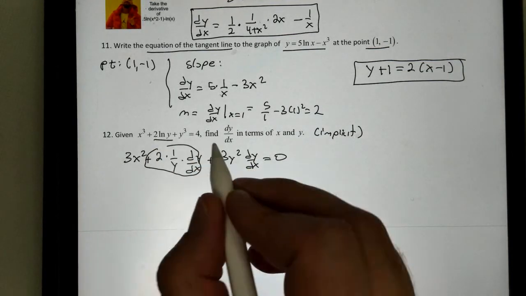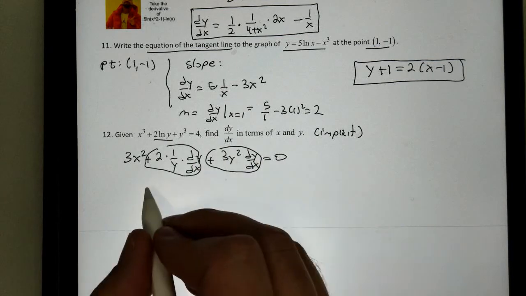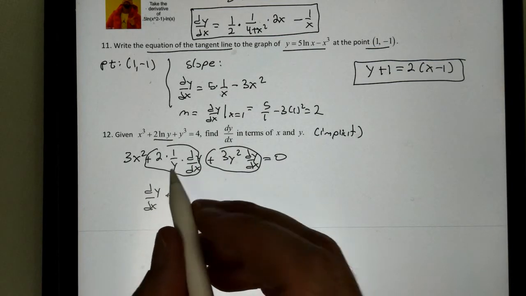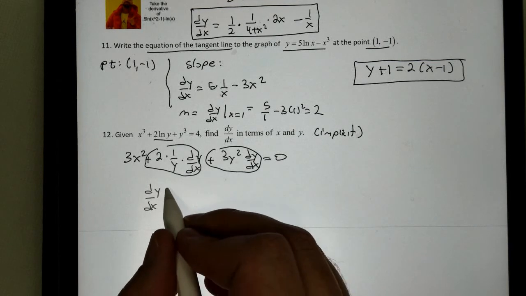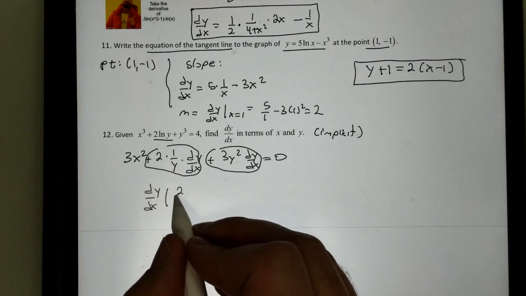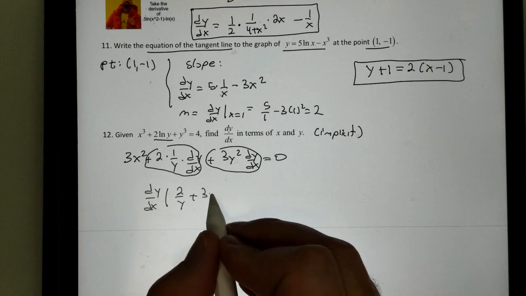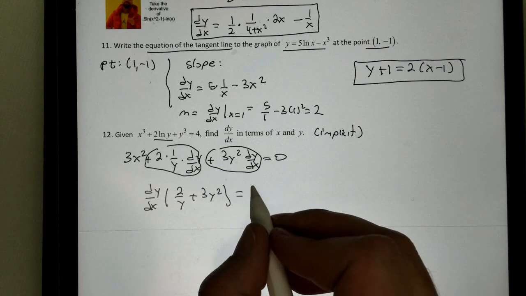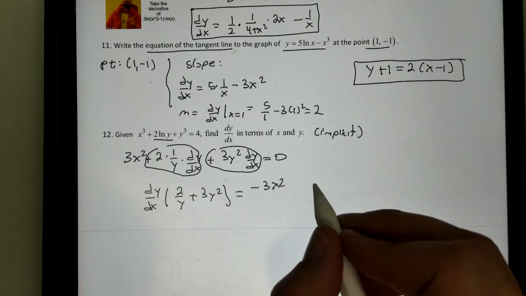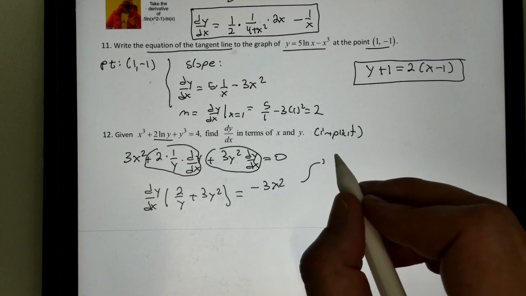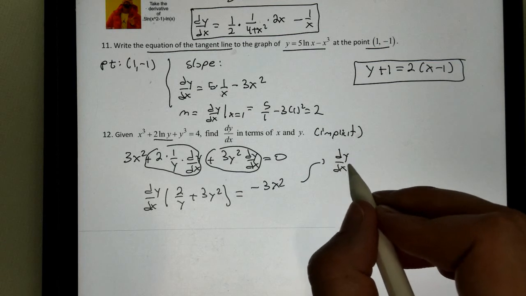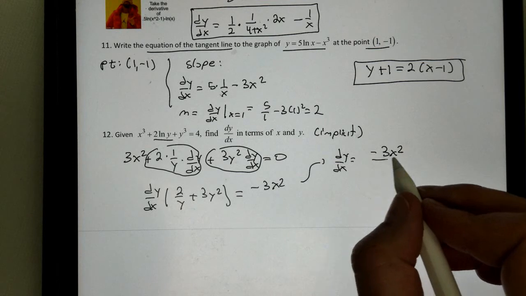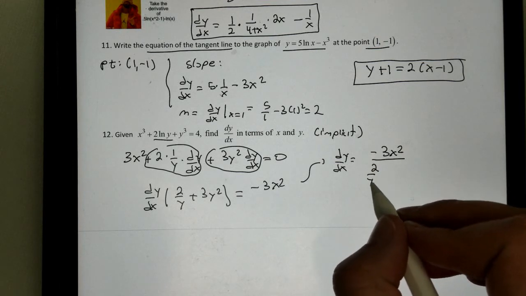So anything with the dy/dx will stay. So I can write this as dy/dx, and I can factor this out. This becomes 2 over y plus 3y squared. What is that going to equal? I'm going to bring everything else over, which is just negative 3x squared. So therefore, I can say that my derivative dy/dx is equal to negative 3x squared over 2 over y